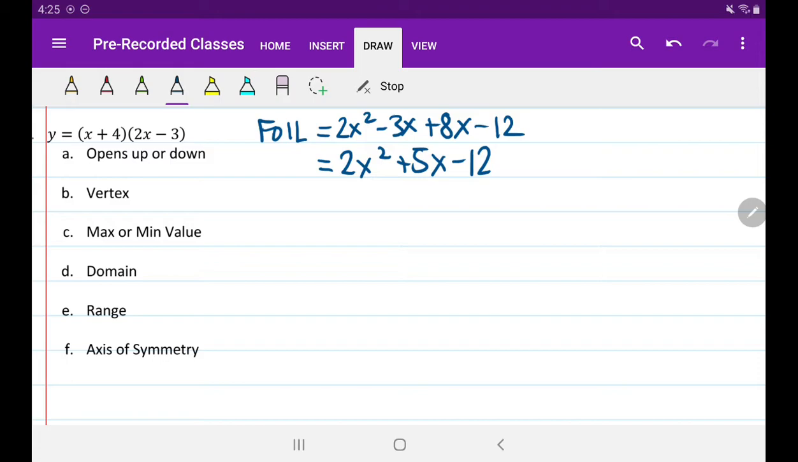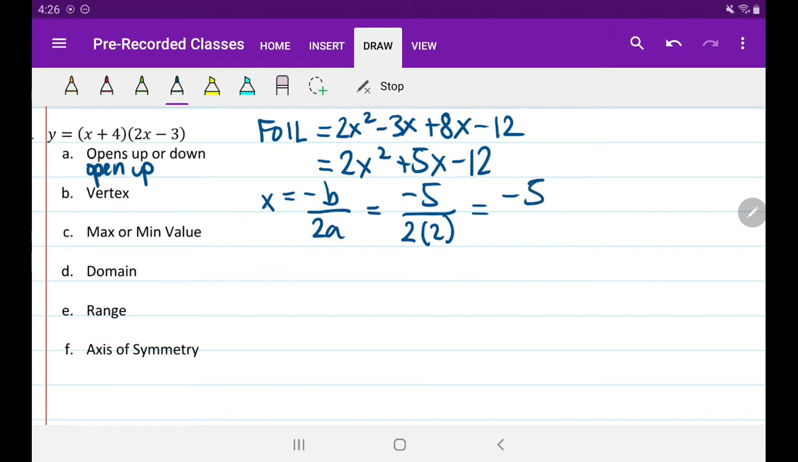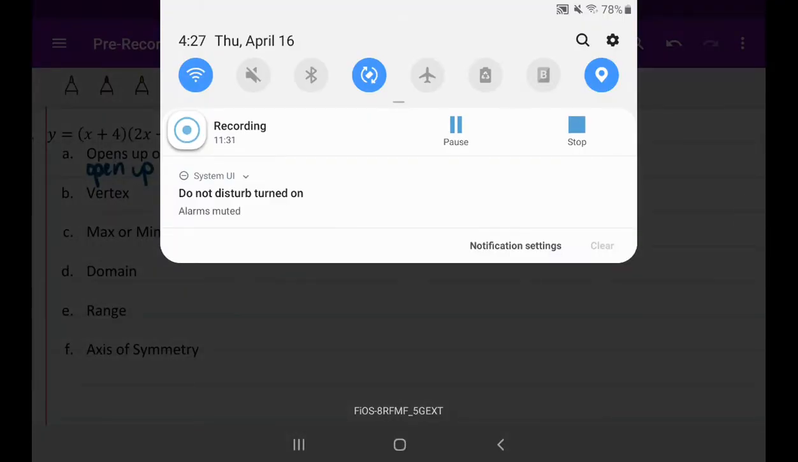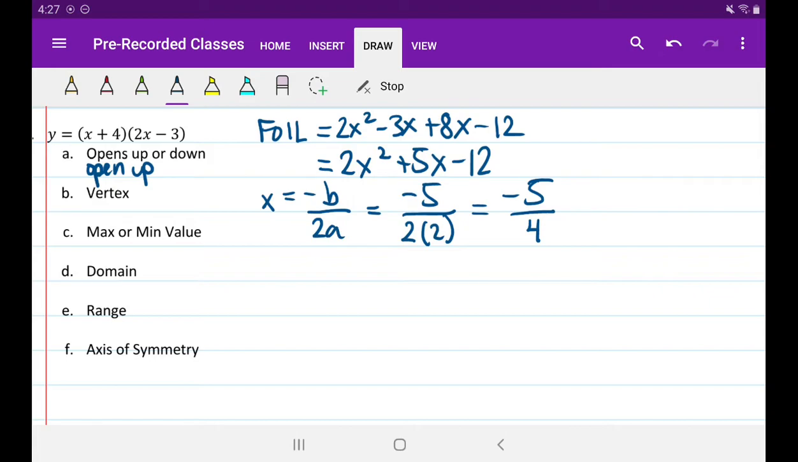And so now I can use this and I can see, well, my a term is a +2, so that means it's going to open up, and we can find our vertex. So the x of our vertex is going to be -b over 2a, so that'll be -5 over 2 times 2, which is going to be -5 over 4. Okay, so the x-coordinate of our vertex is -5 over 4, and then we'll plug that in to find the